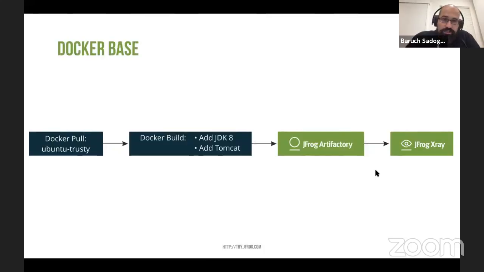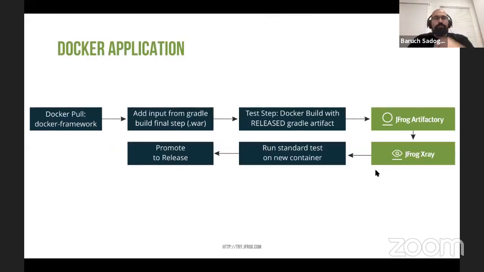Another pipeline is the creation of a Docker base image. So we take a version of Ubuntu from the official Docker Hub. We customize it by adding Java and Tomcat to it, and then we deploy this file again to Artifactory and scan it with X-Ray. And the third pipeline is the Docker application pipeline, which takes our customized base image, our Docker framework, adds